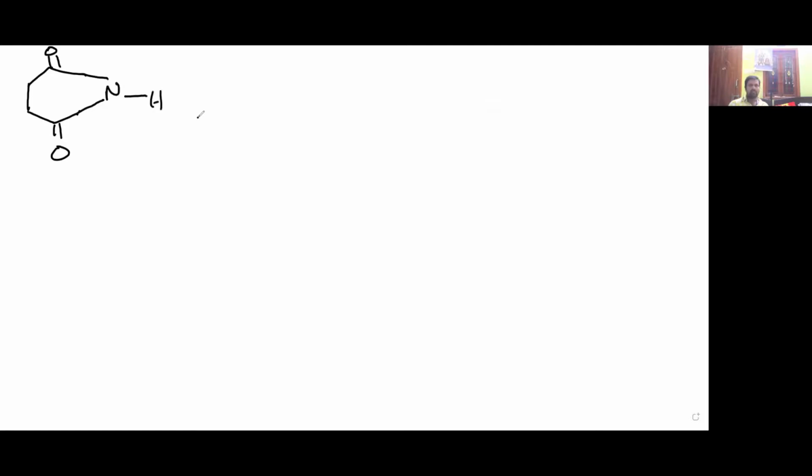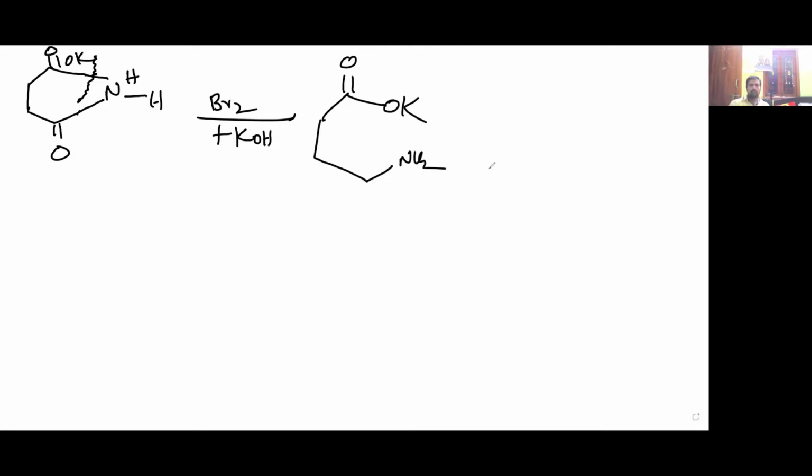And another reagent. This is NH, Br2 KOH. Please remember. Is it one here? Hydrogen is added here. Just hydrogen is added here. It's like, okay, is added on the other side. Then you are going to get this. And here NH2. Suppose let me take another example.